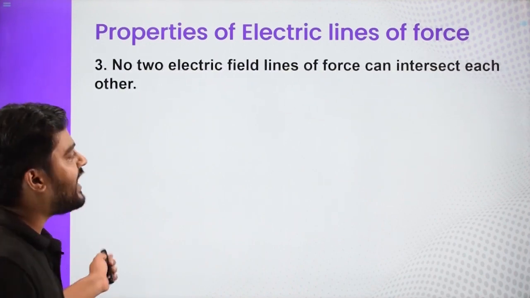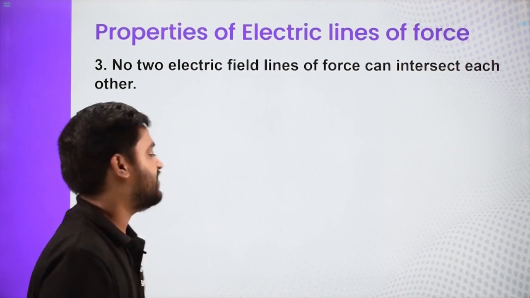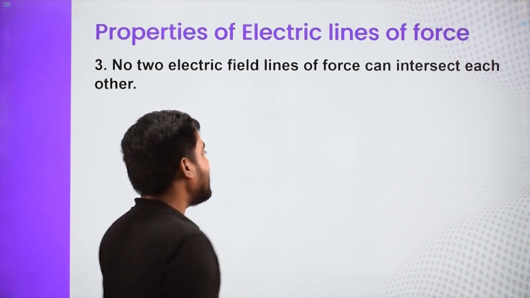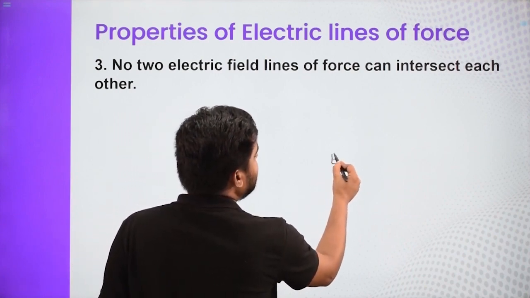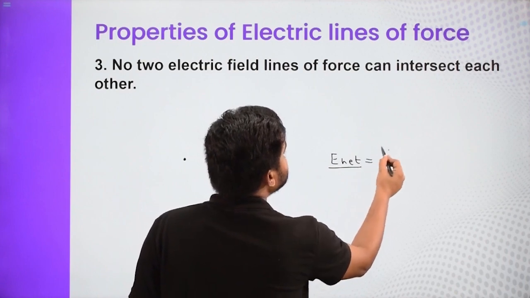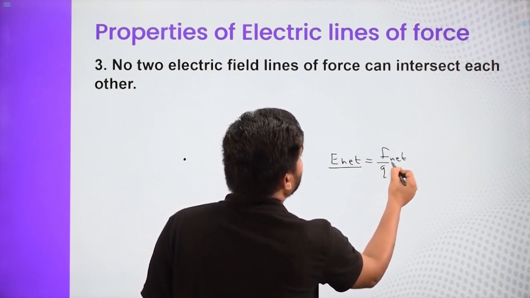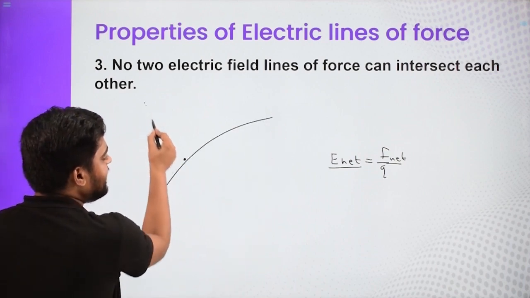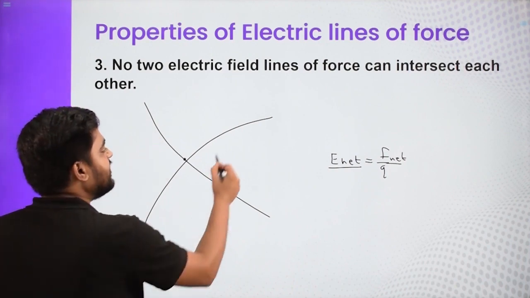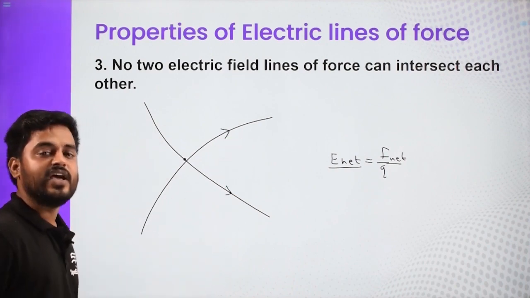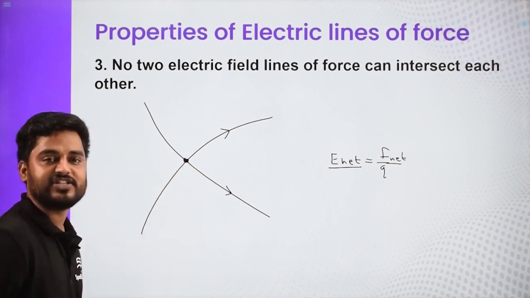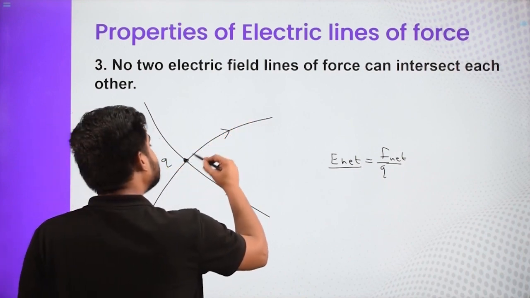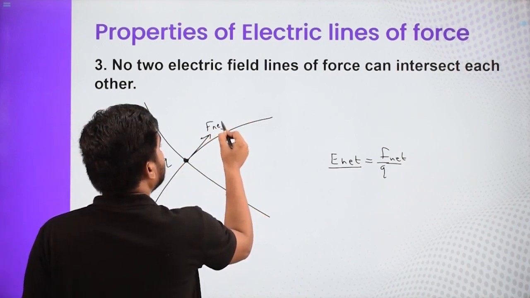Next is, no two electric field lines can intersect each other. What will happen if they intersect? See, what does the electric field at any point represent? The electric field at any point represents the net electric field, which is force per unit charge, and that should be net force per unit charge. So at this point, let us say there exist 2 field lines. One is this field line and the other is this field line. Both pass through this point. This field line is going like this and this field line is going like this. At this particular point of intersection, if you put a small charge Q, then as per our first field line, the force must be along the electric field line, and that is the net force.